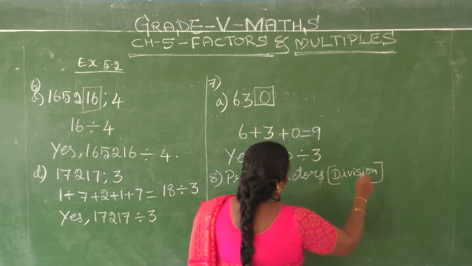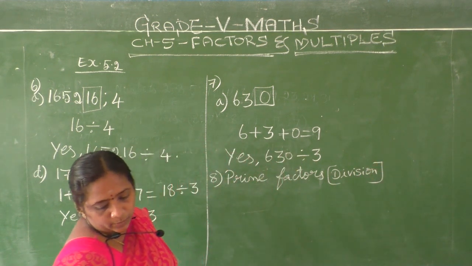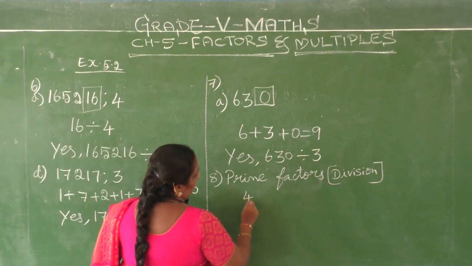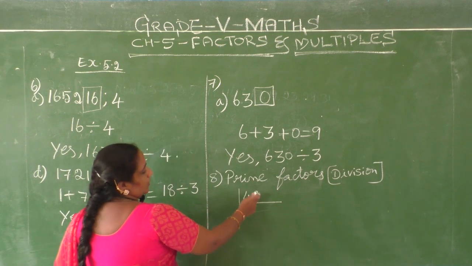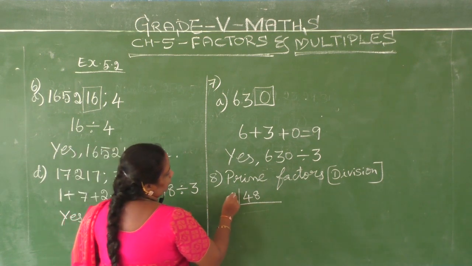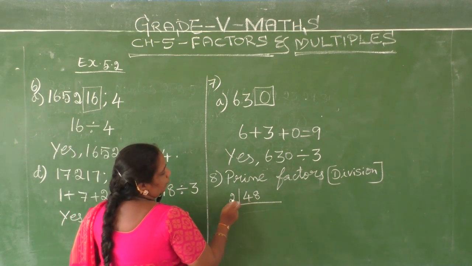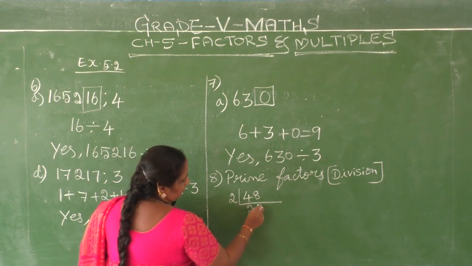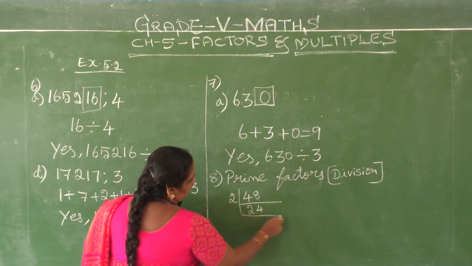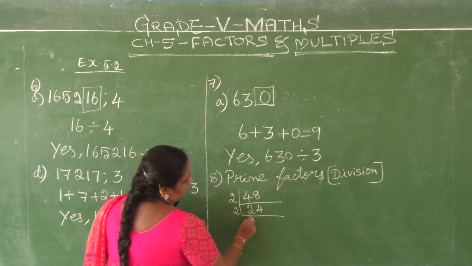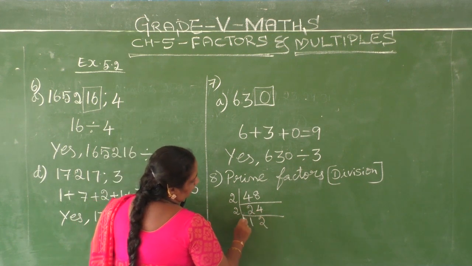What is meant by prime factors? Prime factors means you have to take only the prime numbers. Whenever you are doing division, you have to take prime numbers. See, in our ones place the number is an even number, so we can take 2. 2 is a prime number, no? So in 4, how many times will 2 come? 2 2s are 4. Then in 8, 4 2s are 8. Again, even number, so I am taking 2. So 1 2s are 1, 2 2s are 4.